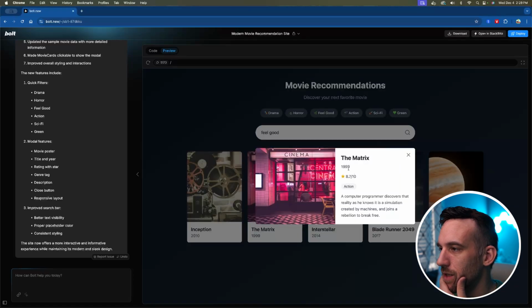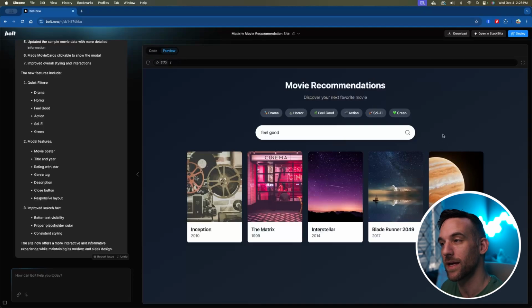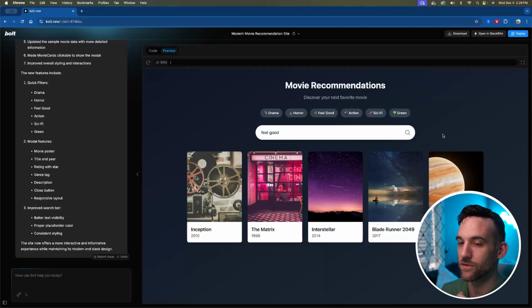Oh yeah, so I click on it, the year, the rating. This is how I searched for it, I guess. Computer programmer discovers. Yeah, cool. Okay, awesome. I kind of think this is really good for the front end because